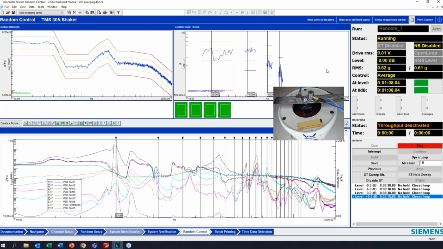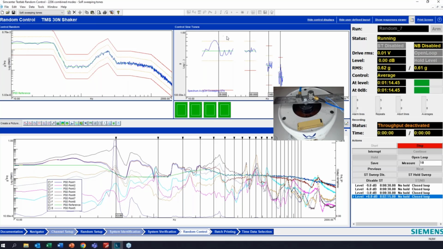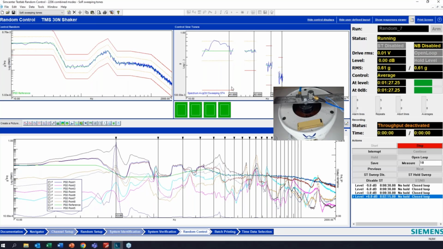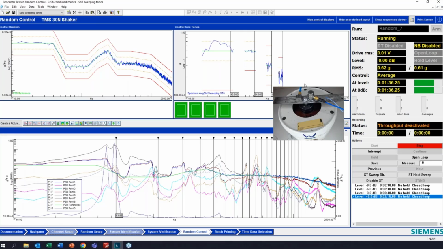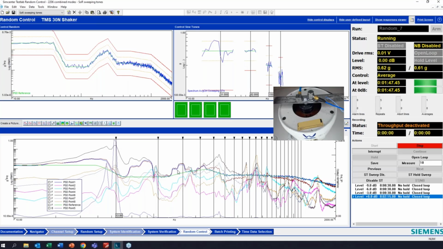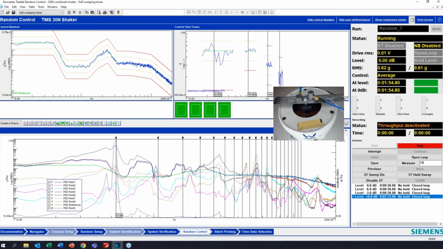So this is the idea. We're going to sweep back and forth, and currently I have these all synchronized as it makes sense with the rotating engine. These are all going to be linked to each other, what these frequencies are. So it's the same sweep rate going back and forth. It wouldn't make sense for this frequency to be going down and this frequency to be going up. You can also see down here what all the responses are in just the pure measured PSDs without the sine tones removed. That shows up as this lump in the measurement channel PSD.